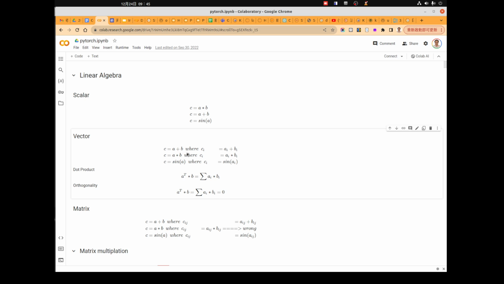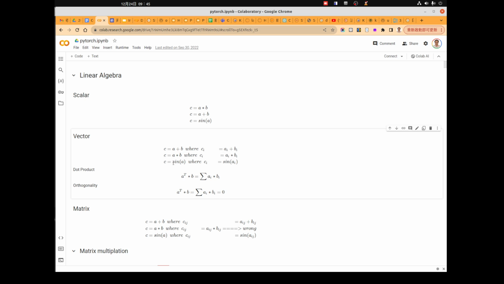Their definition is that when we add two vectors, we just add each element together. For example, a plus b equals c means that c_i becomes a_i plus b_i. This is the same for the products, so it becomes a_i times b_i.